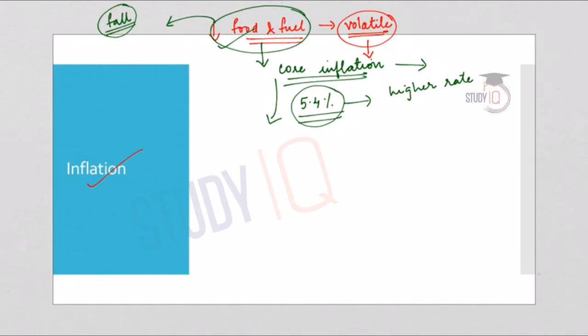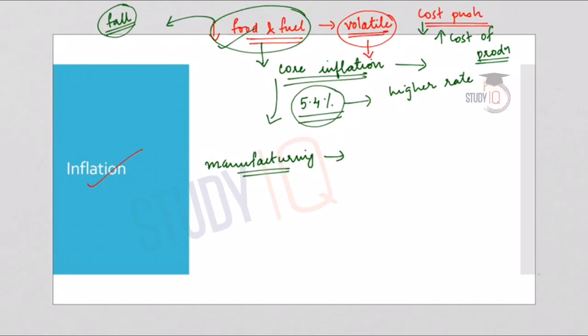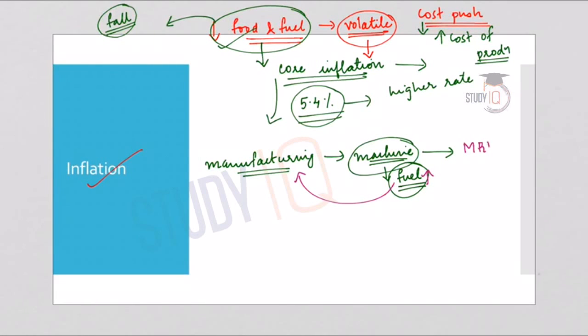The prices of food and fuel will have a direct impact on cost push inflation. So, what is meant by cost push inflation? Cost push inflation means that the prices of commodities increases because there is an increased cost of production. Say for example, a manufacturing unit. This particular unit uses a machine to manufacture a particular commodity, and this machine will need certain fuel in order to run. So when the price of fuel increases, what happens? The cost of this manufacturing unit increases, and this cost will be reflected on the MRP or the sale price.